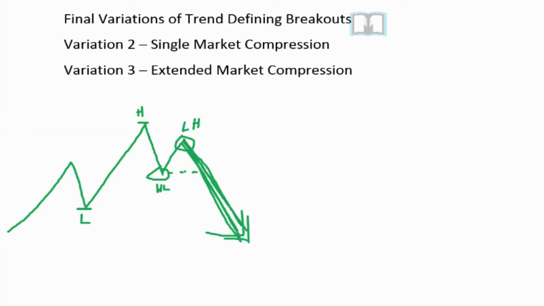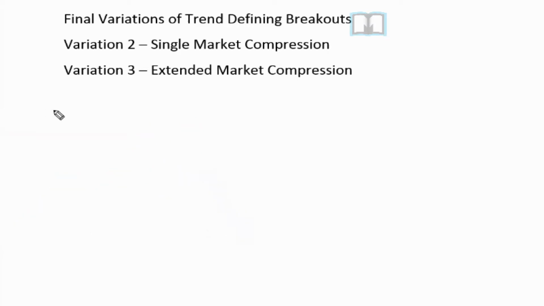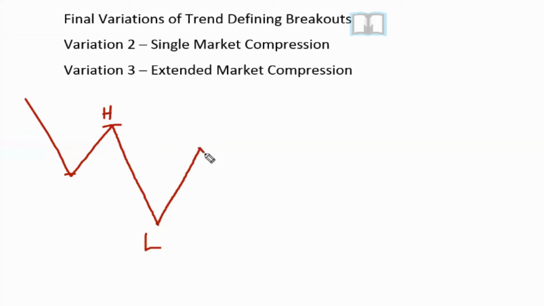Let's take a look at this for a downtrend which breaks into an uptrend. So just doing it in reverse now. So now what do we have? We have a high, and then we have a low, and then we have a lower high, and then we have a higher low,